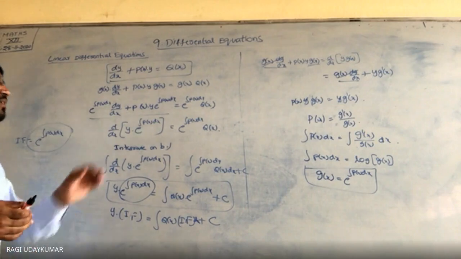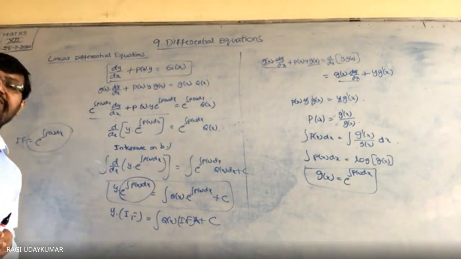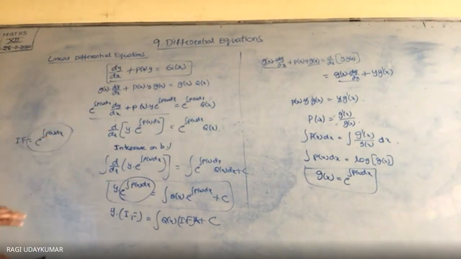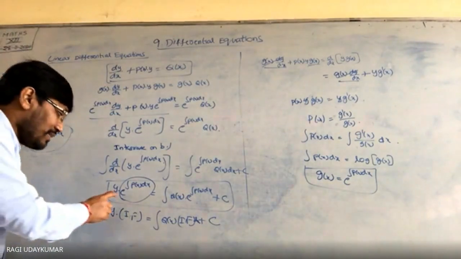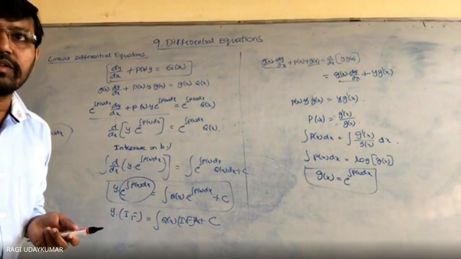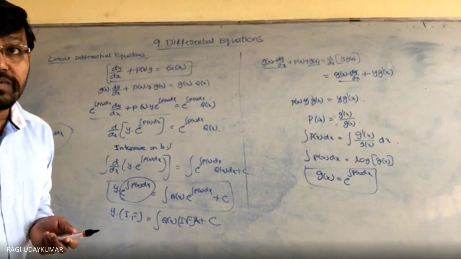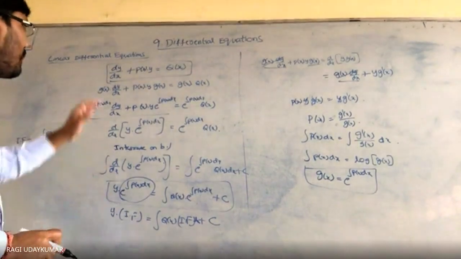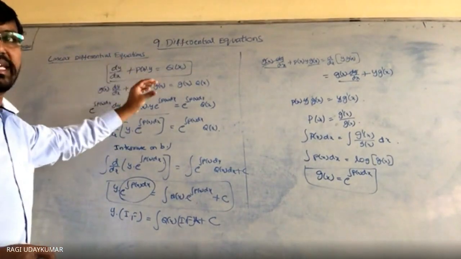So this is a step by step procedure. First identify the p of x and q of x. Yes, proof will not be asked to you, but why we get this as a solution, I have explained to you. Okay, so now let us go for the exercise problems, the problems which are given to you, but keep in your mind what the steps are.